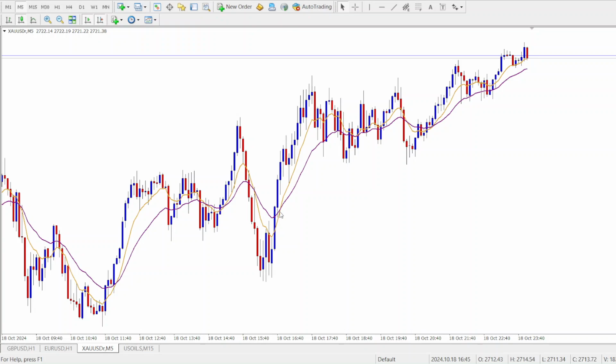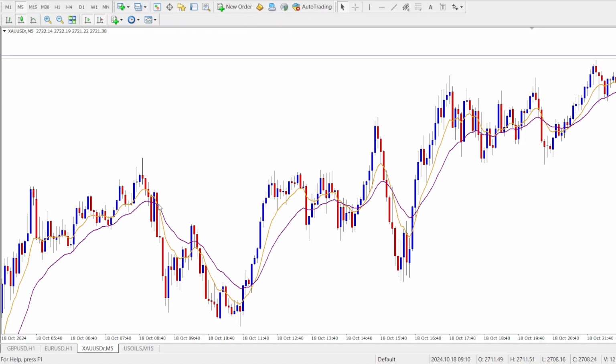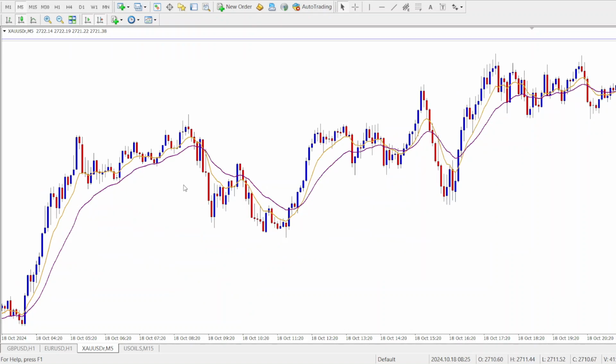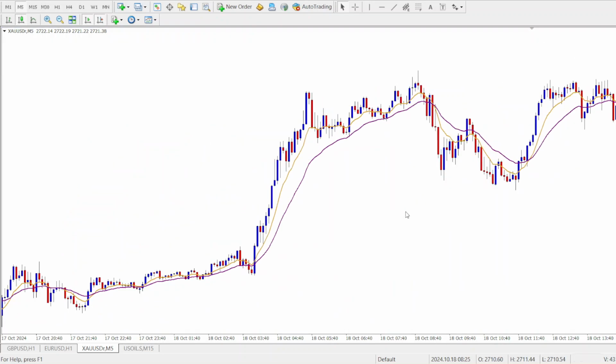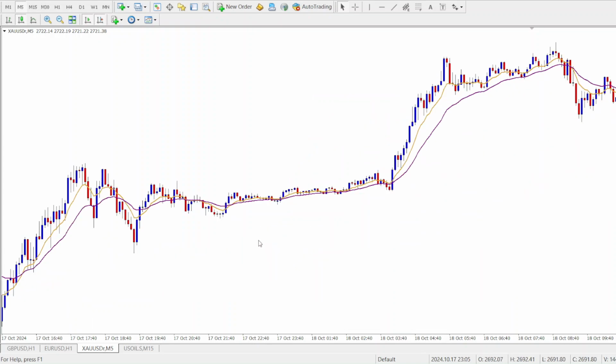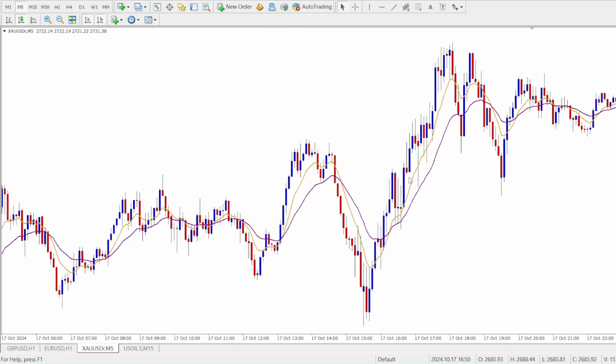Now, when the 9 EMA crosses above the 21 EMA, it indicates a potential bullish trend. Conversely, when the 9 EMA crosses below the 21 EMA, it suggests a bearish trend. So when you have a price bouncing off the EMA lines, for example, in an upward movement, when you have price bouncing off the EMA lines, it indicates a potential